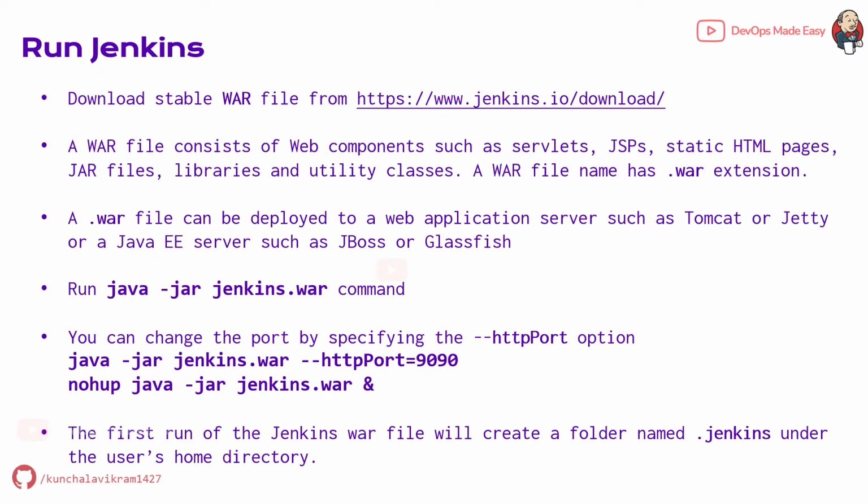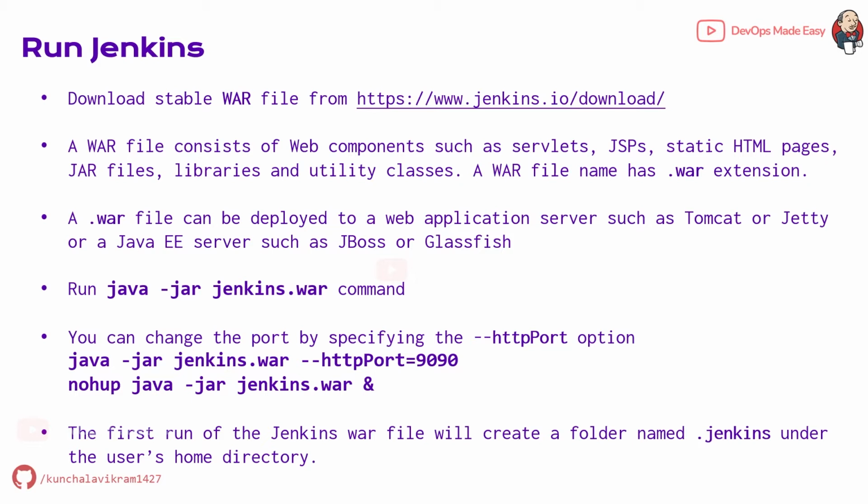Once Java is installed successfully, we'll go ahead and download the Jenkins WAR file from the official download link. A WAR file is different from a jar file, where a WAR file consists of web components such as servlets, JSPs, static HTML pages, jar files, libraries, and utility classes. A WAR file has a name with .war extension. A WAR file can be deployed to web application servers like Tomcat or Jetty, or Java enterprise servers such